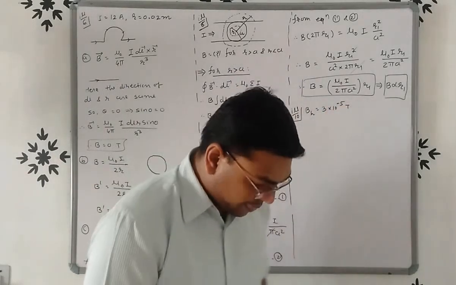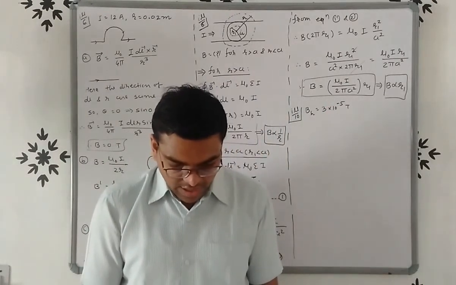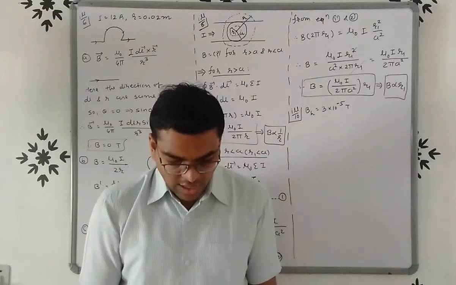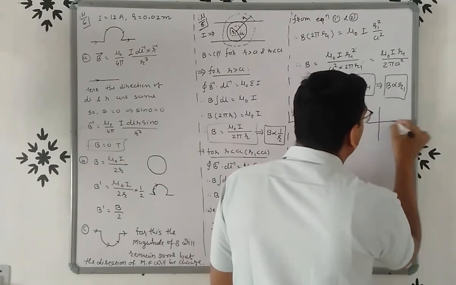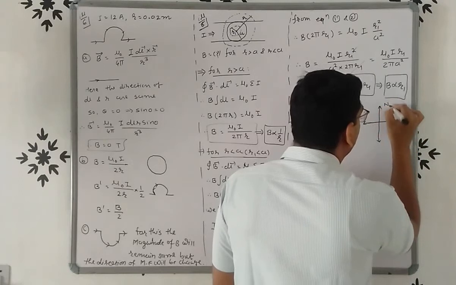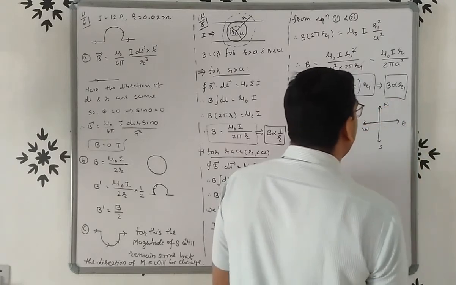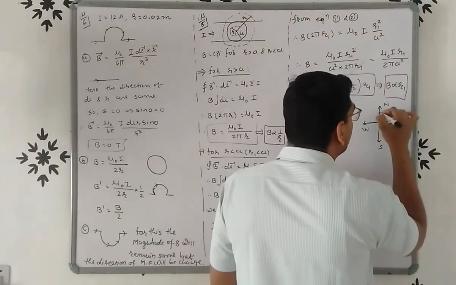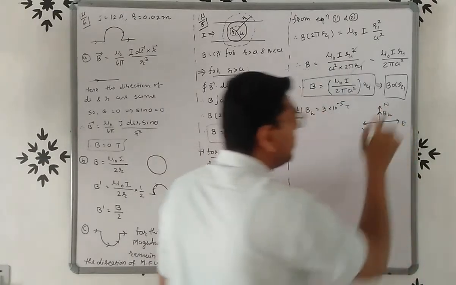Now, the direction of the magnetic field is from geographic south to geographic north. So see here friends, this is north, south, east, west. Here the direction of the magnetic field is from south to north. So the direction of the magnetic field will be like this, BH, from south to north.